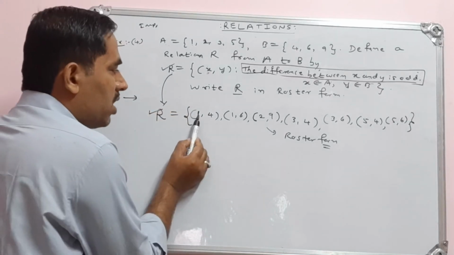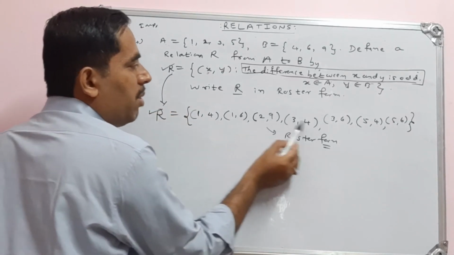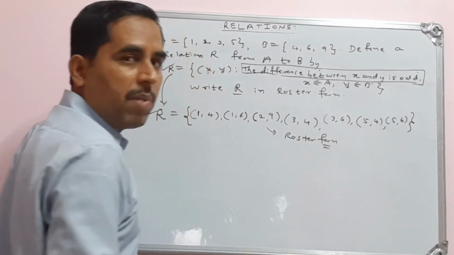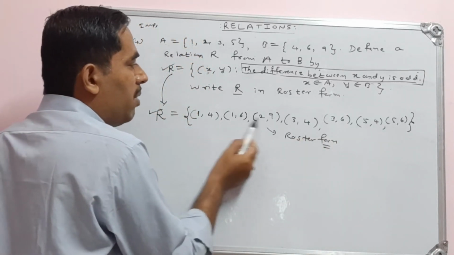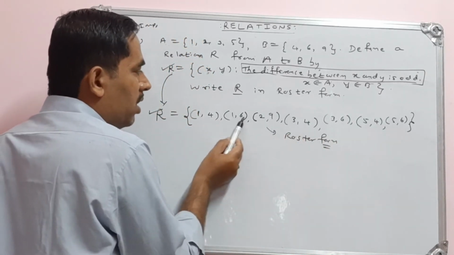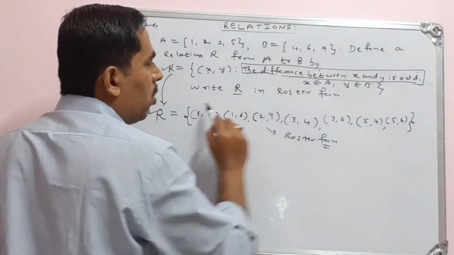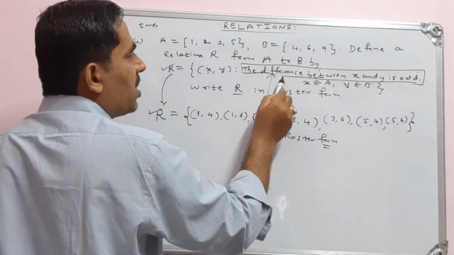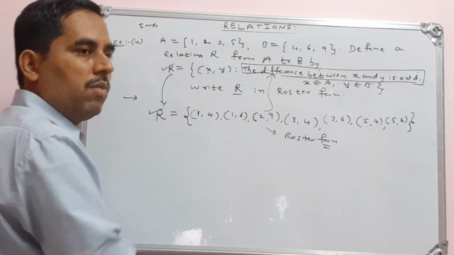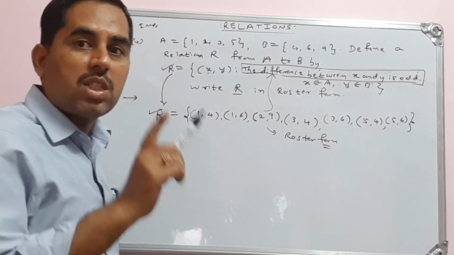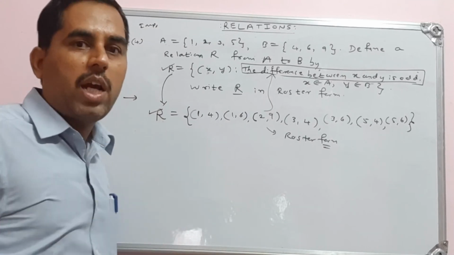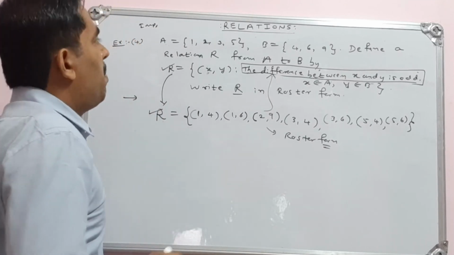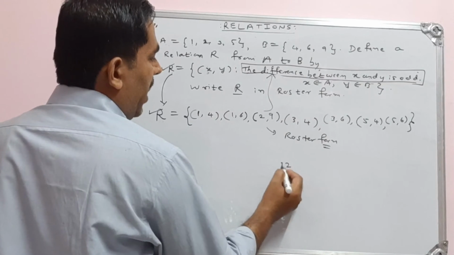See, what is the relation between every ordered pair? What is the relation between the elements of the ordered pair? The relation between this and this, this and this. So all the 7 ordered pairs follow this rule or this relation. That's why it is called a relation, which is a subset of the Cartesian product. As I told earlier, how many pairs do I have in A cross B? We had 12 ordered pairs.